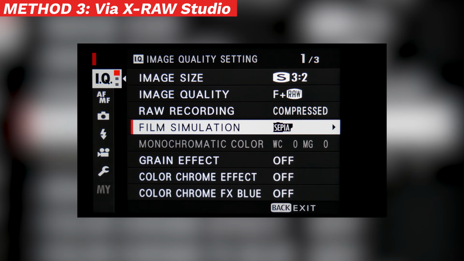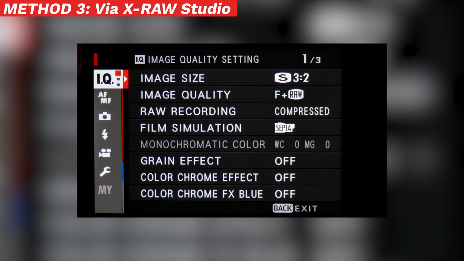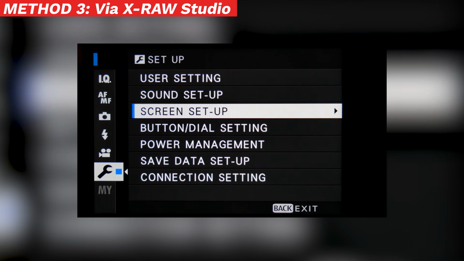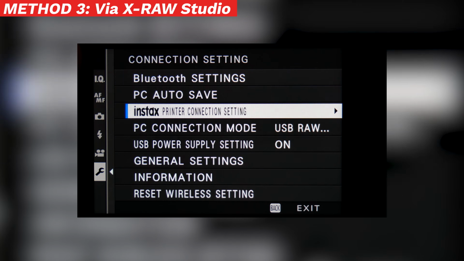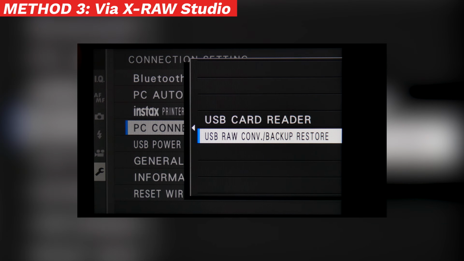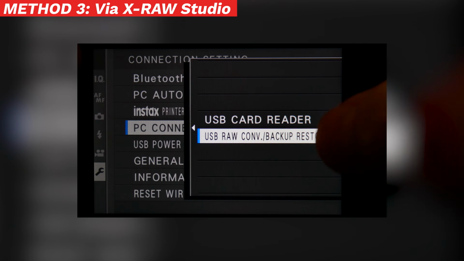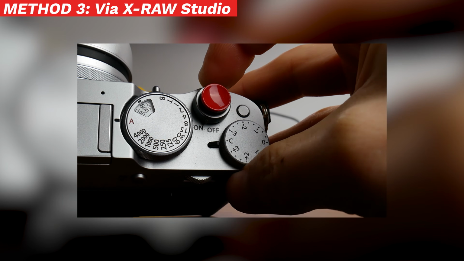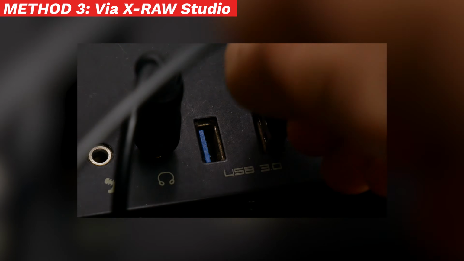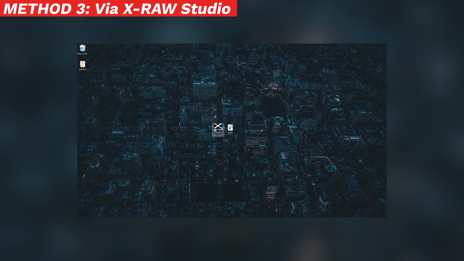The third method is creation via the Fujifilm X RAW Studio application on the computer. This will require an existing photo in RAW format taken with the camera we wish to make custom profiles for on the computer. To understand how to use X RAW Studio, please watch part 2, and use the timestamp to watch the section on how to use X RAW Studio.